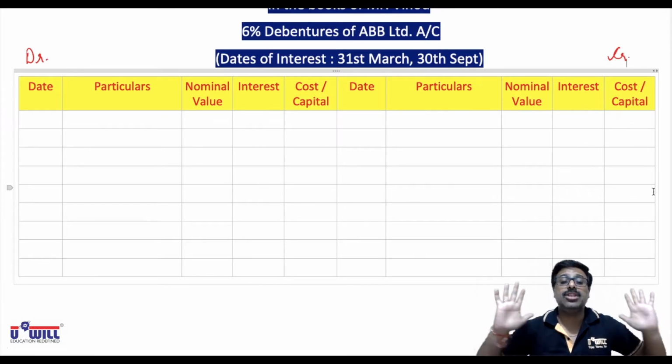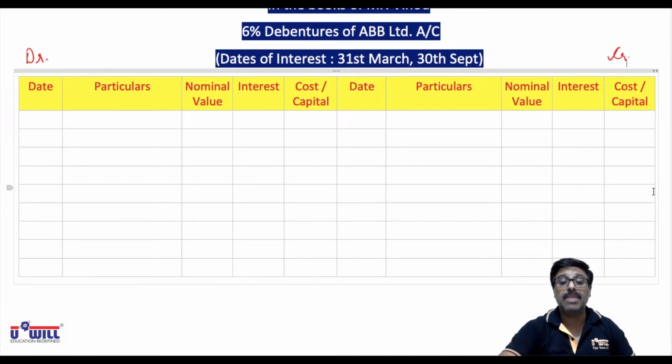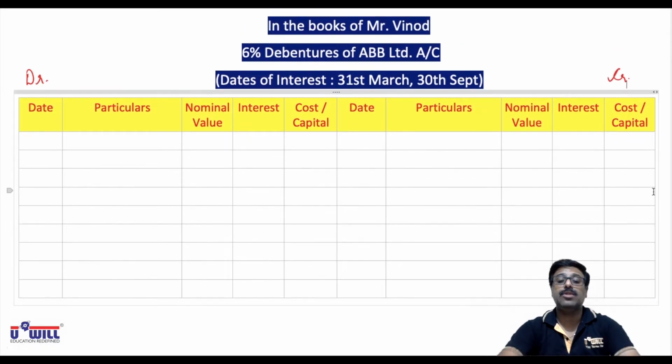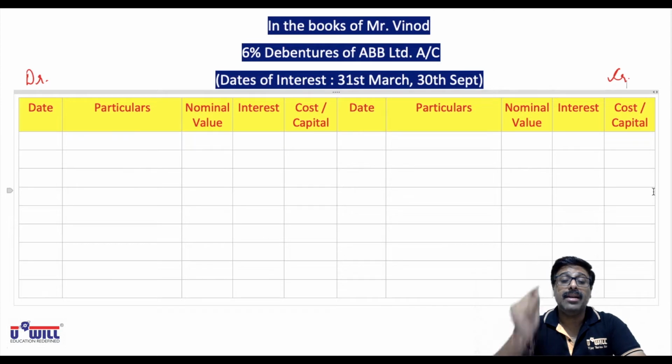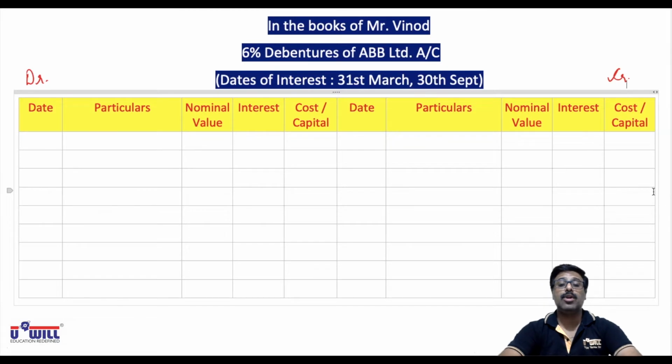And without the workings, you cannot solve it. So make the format for around 12 to 15 lines for this investment account. Then we start solving the question. And keep in mind, every transaction will have its own one working. So minimum 7 transactions means minimum 7 workings are going to be there. Pause the video and make this format.